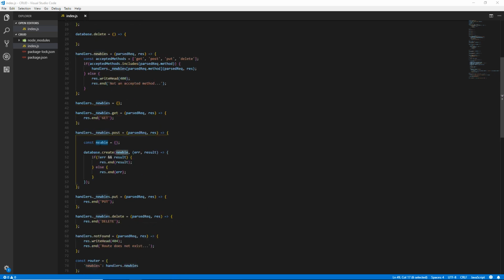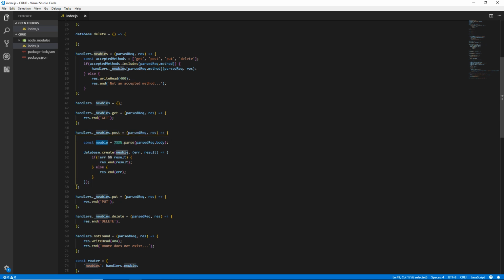And so what we want const newbie to equal is JSON.parse parsed rec.body. Now our newbie should equal that body that we sent with the post request, and then